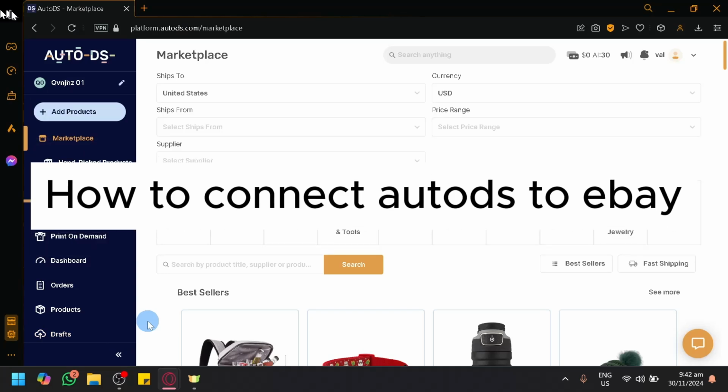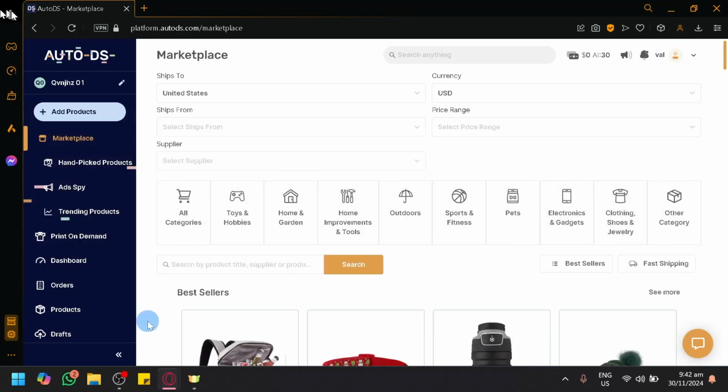How to connect AutoDS to eBay. So hello guys and welcome back to today's video. In today's video, let me show you how you will be able to connect your AutoDS to eBay in two different